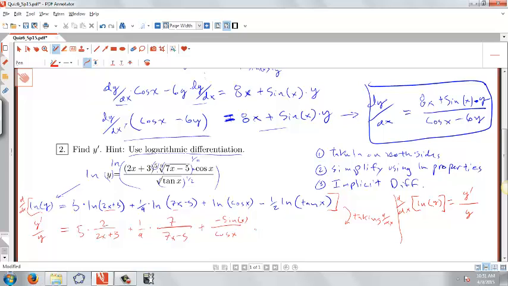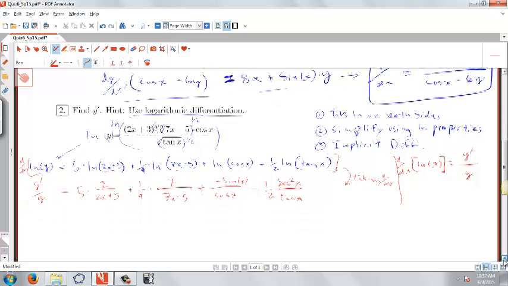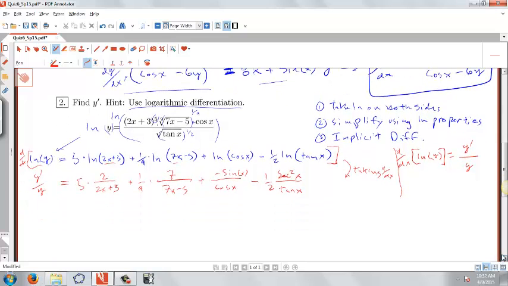Then I have minus 1/2. So it's ln of tangent x, so there's going to be a tangent x down here, and what's the derivative of tangent x? Secant squared x. The last step here is to multiply both sides by y, and so really we have y prime is equal to y times